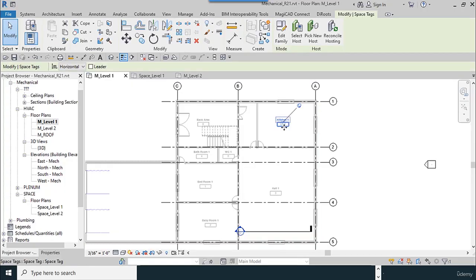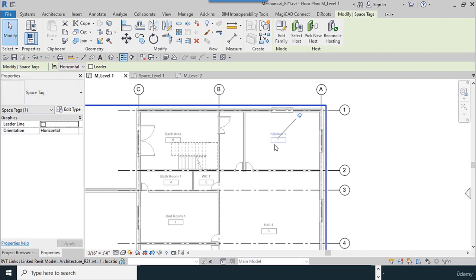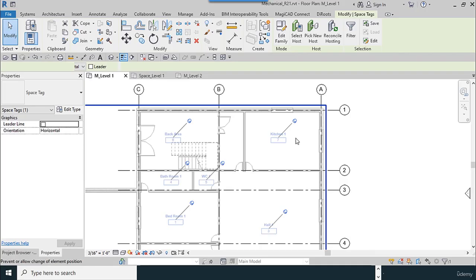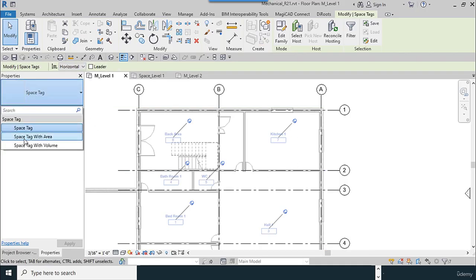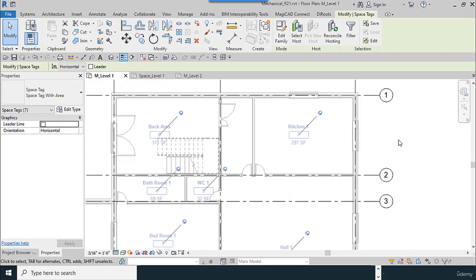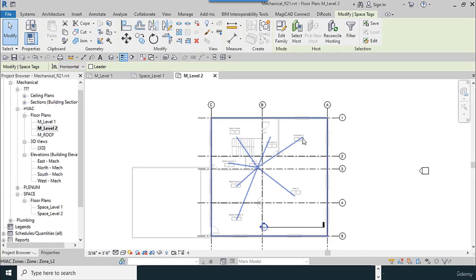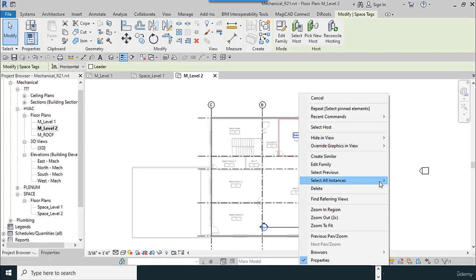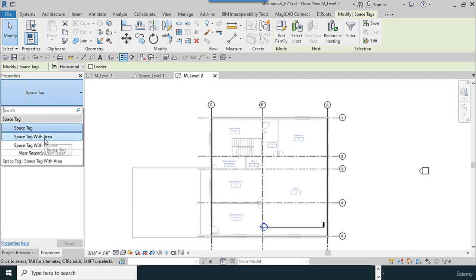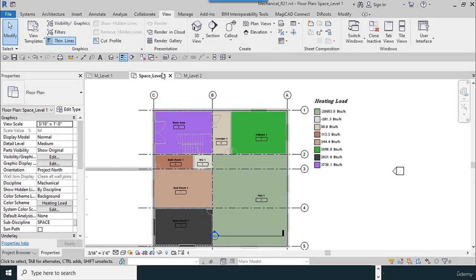Another thing to do, you can show your spaces with the area. Select all instances in all views. All are selected now. Space tag with area. Now you can see the area. I do this for the level 2 visible view. From the properties, space tag with area. I try to close all the